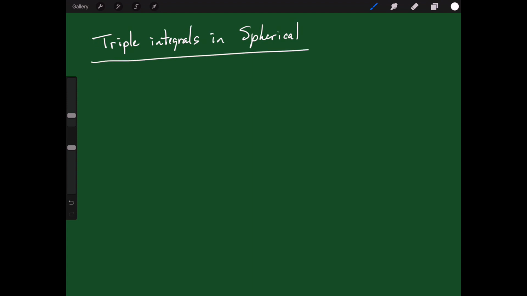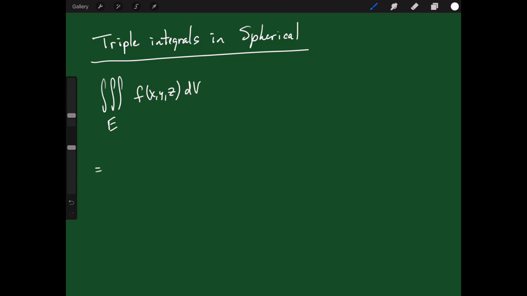So if I want to do a triple integral in spherical, this is the way that it's going to go. I could go through a whole Riemann sum explanation here again, but I'm not going to in this case. What I'm going to do is just give you the formula for triple integrals in spherical. So if you're trying to take a triple integral over a region E of f of x, y, z dV,